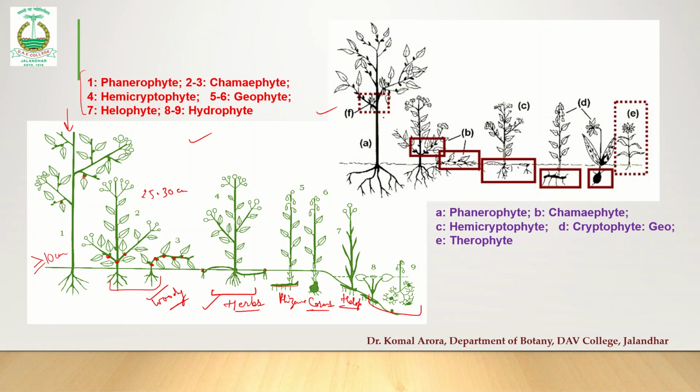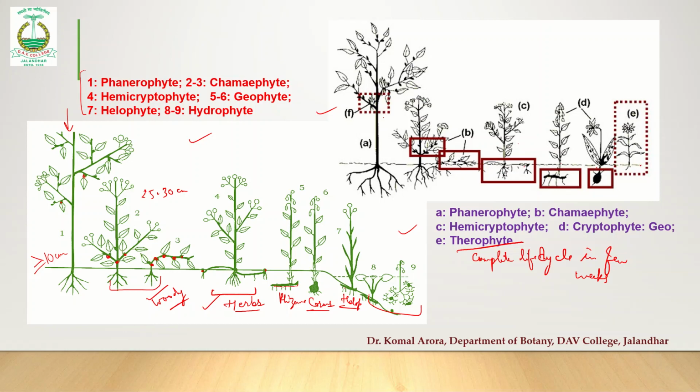The first one is the same, phanerophytes, tall plants. Then we have chemiphytes, which are woody plants, but their buds are close to soil. Then we have the hemicryptophytes, which are herbaceous plants and buds are close to the soil. Then you have geophytes, in which the buds are underground. And then here, the last category, which was missing in this diagram, that is therophytes. What are therophytes? These were the plants which complete their life cycle in few weeks. They have a short life cycle. So they will grow for few weeks only and they will shed the seeds.